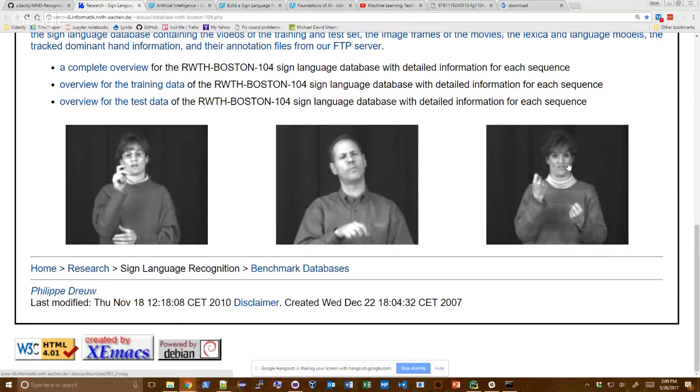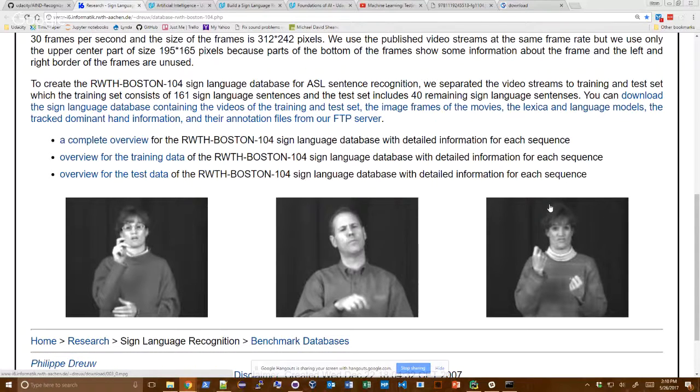So what we're going to do is we're going to analyze data and create models for similar words done by the different speakers. The same word, if they all are doing go, or they're all doing the word John, or they're all doing the word chocolate, we will take all those copies and build a model for what chocolate or go or John should look like. Then we're going to test it with a test set that was also created in this